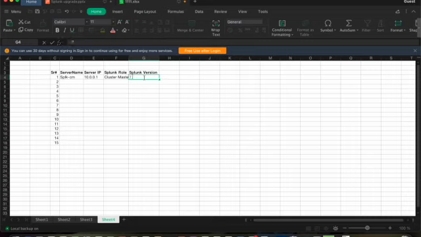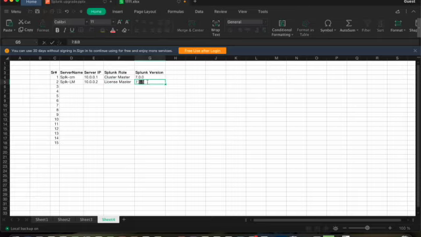Very older version, so I will go to 6.0.0. So this is an example. These details you have to put whatever there is in your environment. So I will put, let's say, license master. So these versions can be similar or different in your environment. So be careful. Apply those